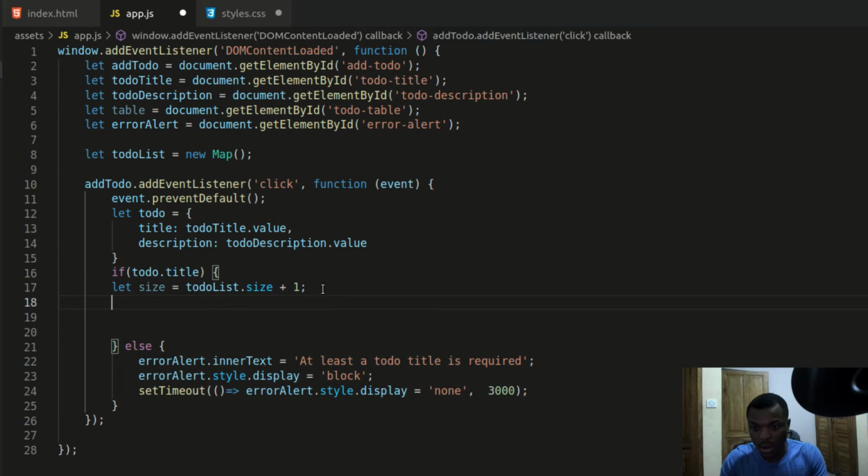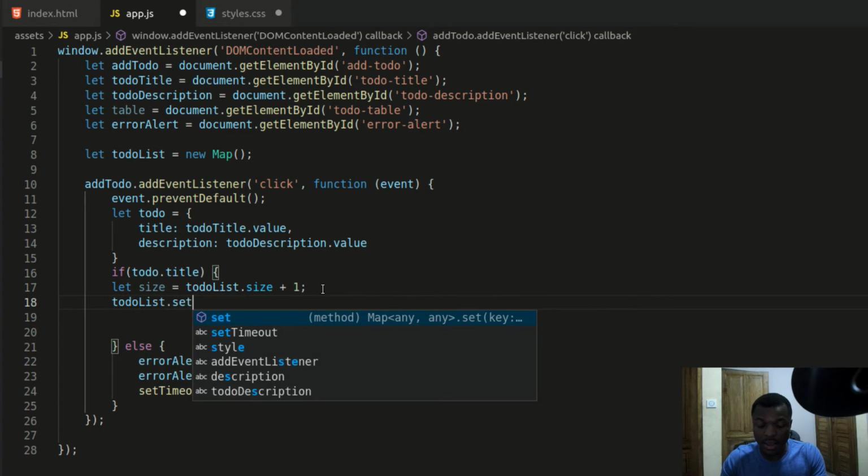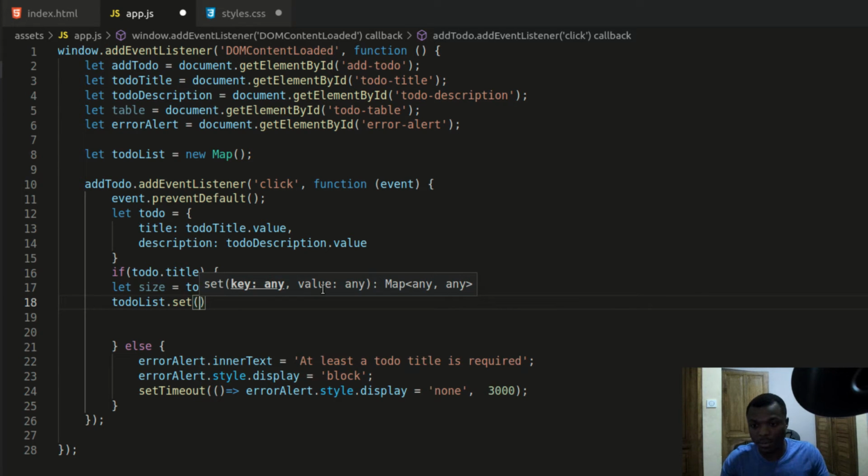So we're going to do todoList.set, or I can call this ID instead of size, so that it's very clear. That set ID,